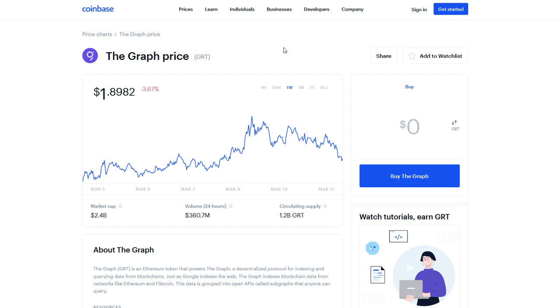I do see the Graph definitely keeping its price steady at around the $2 mark. I don't see it moving up or down, kind of like Chainlink and Cardano right now. I think all of the solid coin choices right now are really kind of just sticking around until really a next future project or update comes around, or the next big surge, like maybe the stimulus checks that are coming to everybody